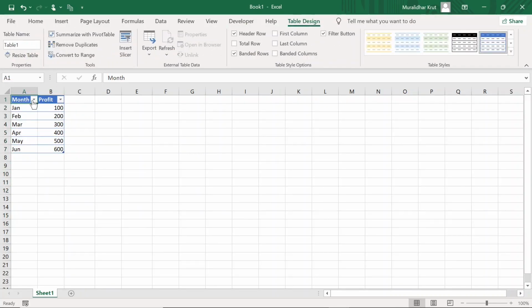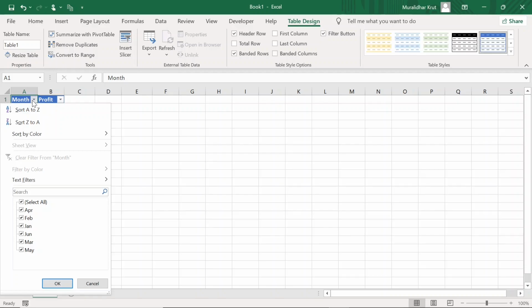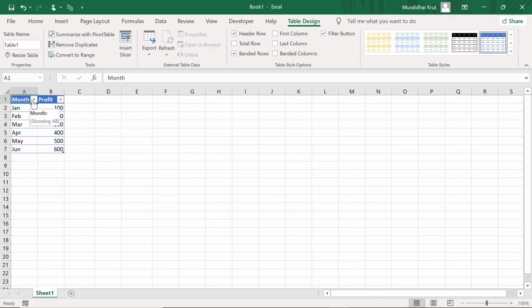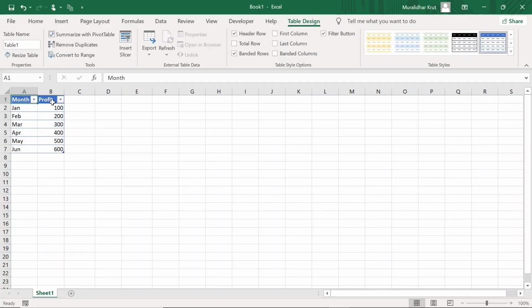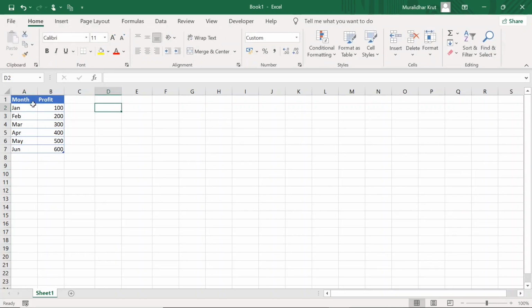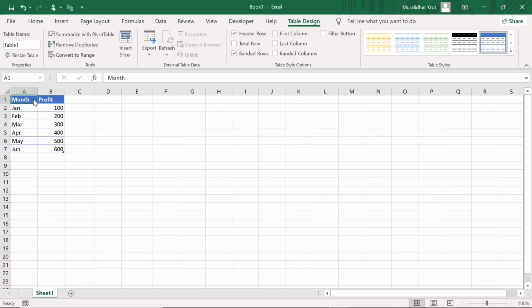If you want, you can select whichever month you want from here, but if you want to avoid these, you can select both of them and then go to table design and the filter button. So those selections are gone. You can filter using the filter button.